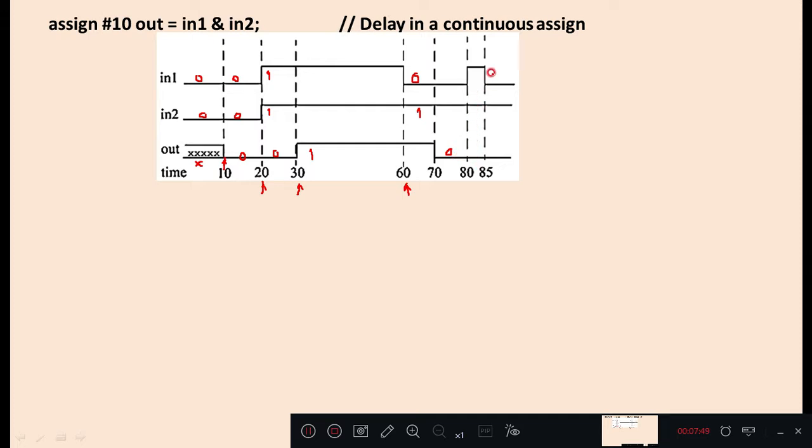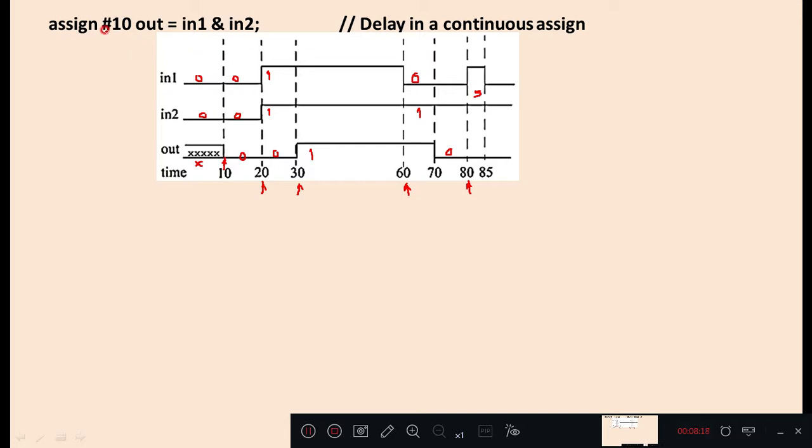Now one more observation: at time 80, the input signal is becoming 1, and immediately at 85 it is becoming 0. So for a short duration of 5 time units it appears as 1 and again becomes 0, so it appears as a pulse, a sudden change in value.